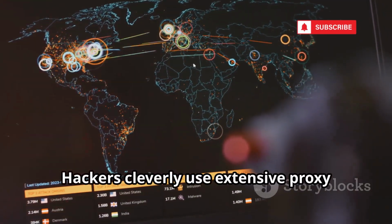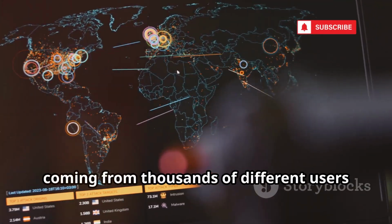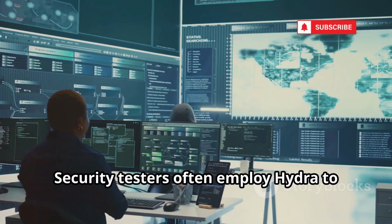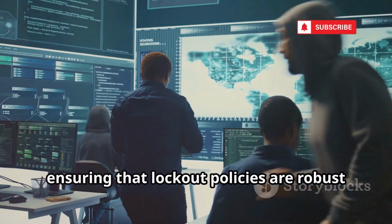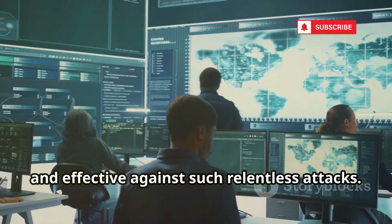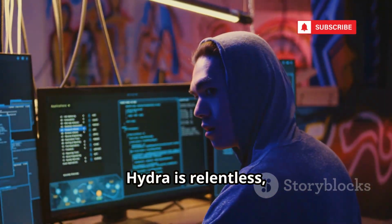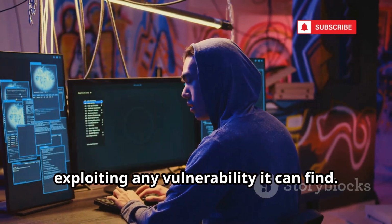Hackers cleverly use extensive proxy lists to avoid detection, making their attacks appear as if they're coming from thousands of different users across the globe. Security testers often employ Hydra to stress test their own systems, ensuring that lockout policies are robust and effective against such relentless attacks. In the wild, Hydra is relentless, constantly searching for weak points in real time, exploiting any vulnerability